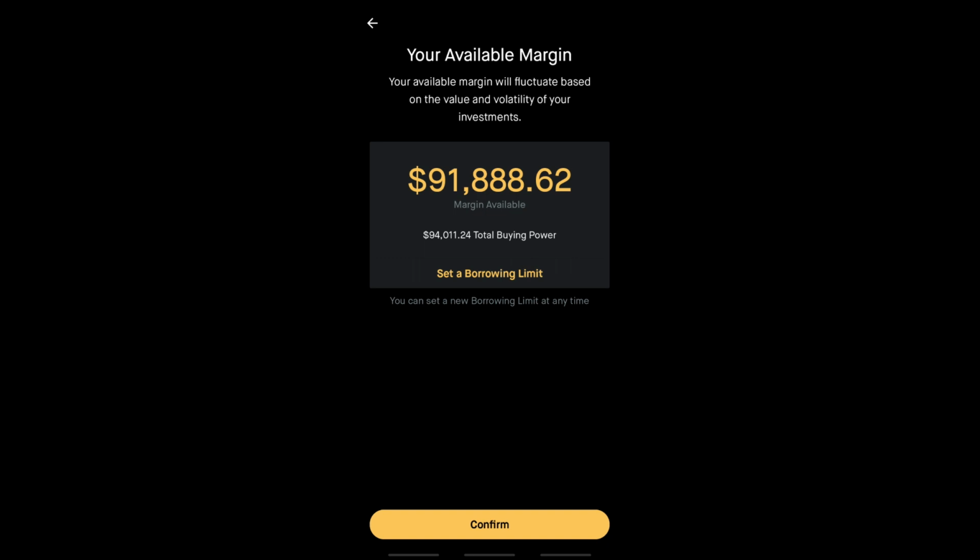So quick thing. Let's say I had that 64,000, and I wasn't using that money in any options or any stocks as of right now. I just had straight up cash, 64,000, right? If I turned on margin, basically I would have 64,000 times 2. That's how much margin I would have available if I didn't have any money in stocks and stuff like that already. But as you can see here, it says your available margin will fluctuate based on the value and